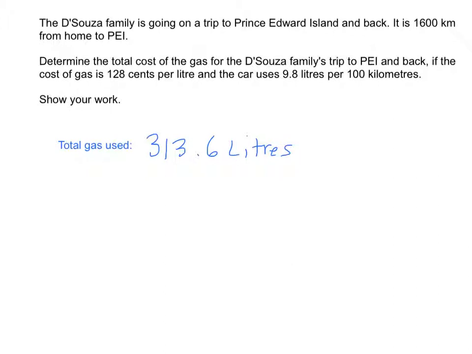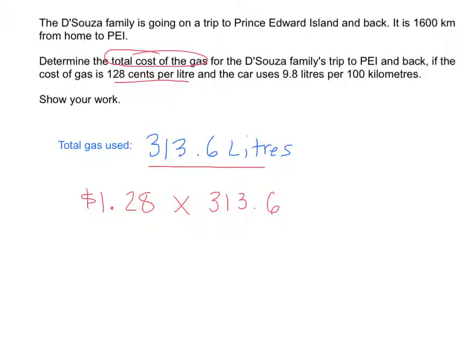But what was this question asking us to find? Not the total gas. They wanted to know the total cost of the gas. Well, if we know the price per 1 liter, can we find out how much it costs for 313.6 liters? So gas costs $1.28 for every 1 liter. So to find out how much it costs for 313.6 liters, we're going to multiply this amount by 313.6. We get an answer of